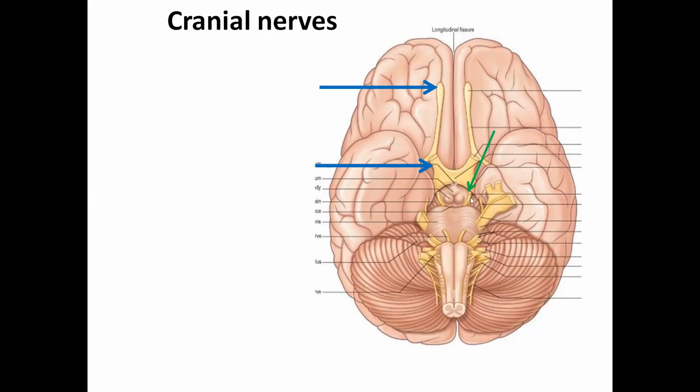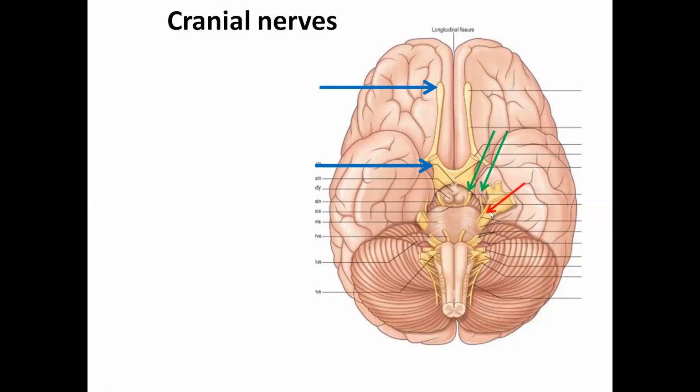So this is the crus cerebri of the midbrain. Emerging medial to it, that's our third cranial nerve, the oculomotor nerve, which is going to supply the extraocular muscles of the eyeball. This slender cranial nerve that you see here, coming from the dorsal aspect to the ventral aspect, that's the fourth cranial nerve, the trochlear nerve, that's going to supply the superior oblique muscle of the eyeball.